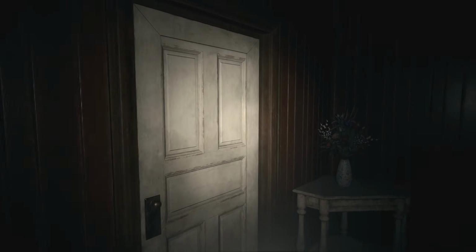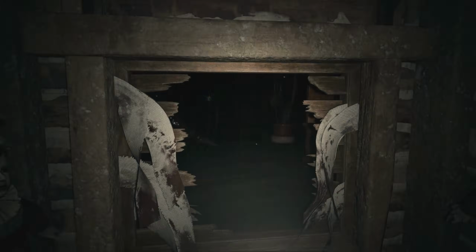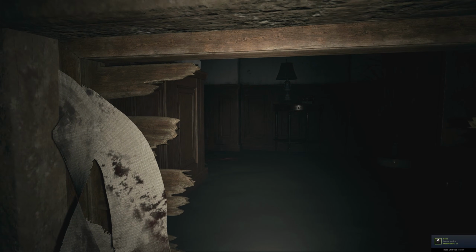After grabbing that, just turn around and go back into the study room where you can go into the secret door, duck down, and wait at the patch in the wall. Outside the patch is going to be the giant demon baby, so you're going to wait for him to finish